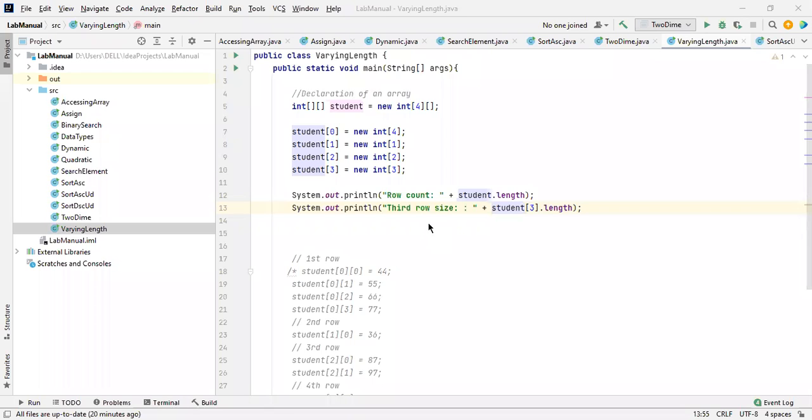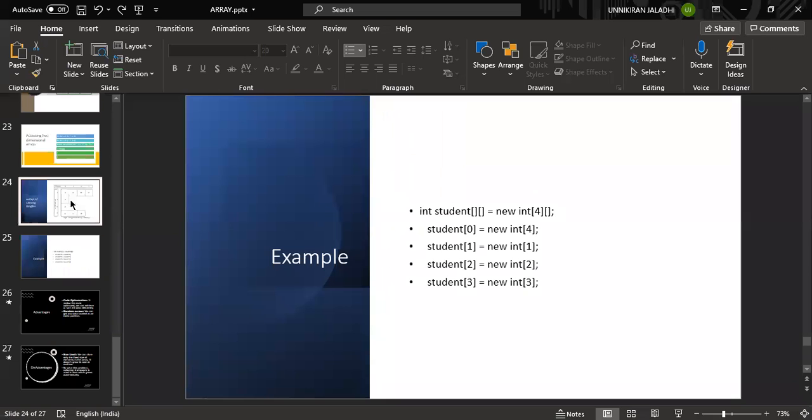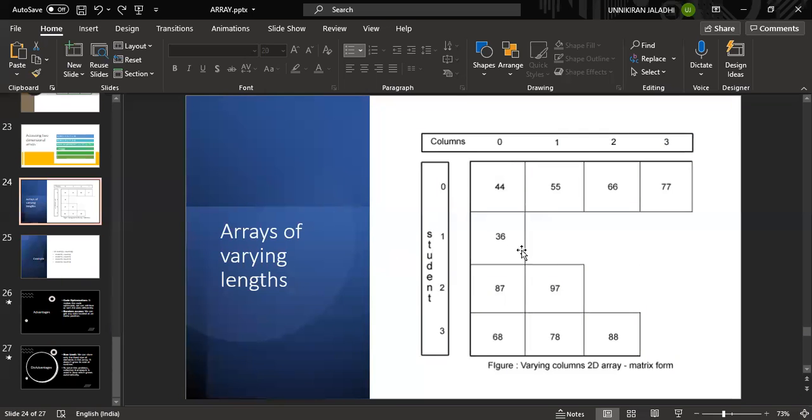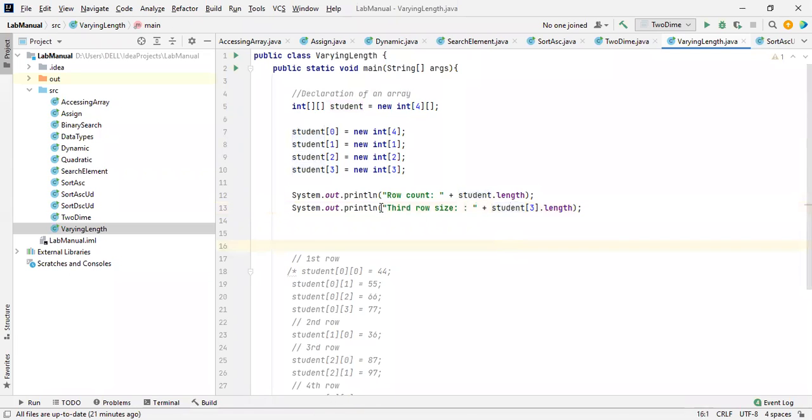So every time I need to share the screen, this is somewhat different, irritating also. See this, third size. Based on this, we are going to write over there. Okay, let me share that. See this. So now the third row size. What is the third row size for the student? 3.